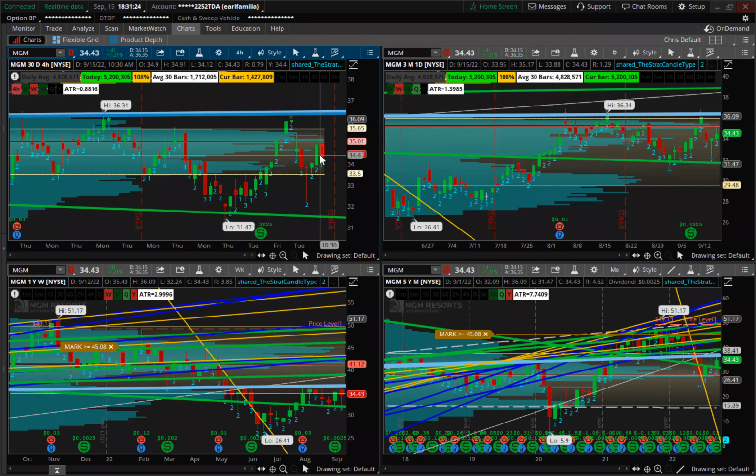We did have a bearish afternoon, like a lot of stocks did, but this looks like price tried to make its way back up towards the end of the day. A couple different setups I'm looking at. We've got the 212 on the 4-hour above $34.91, and then to the downside, the trigger below 34.12 on that MGM. I'm giving you both levels mainly because